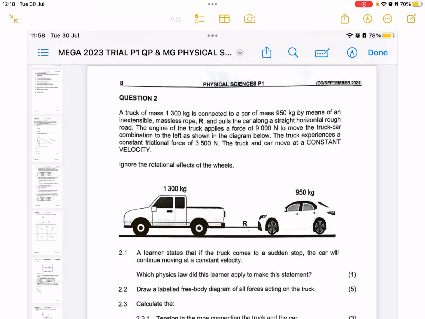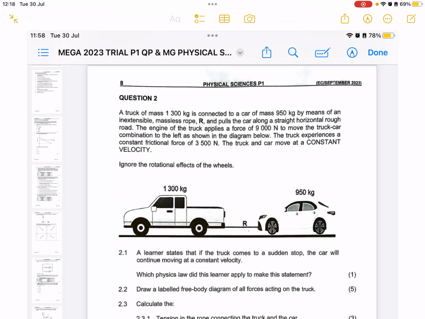And the truck experiences a constant frictional force of 3,500 newtons, and the truck and car move at constant velocity. Now that constant velocity is written in bold, which means it's very important, and we ignore the effects of